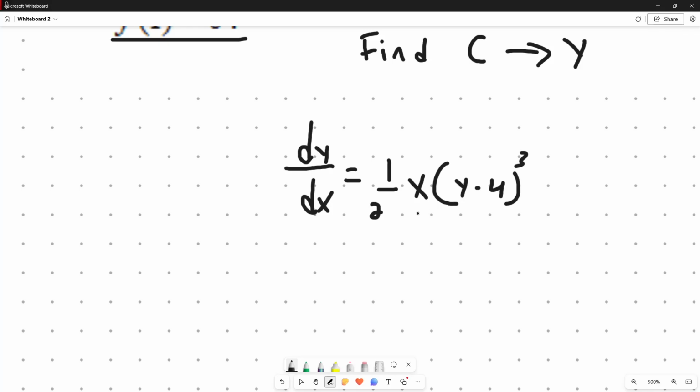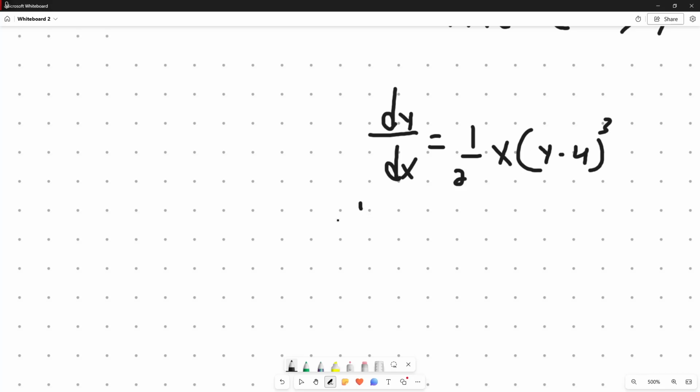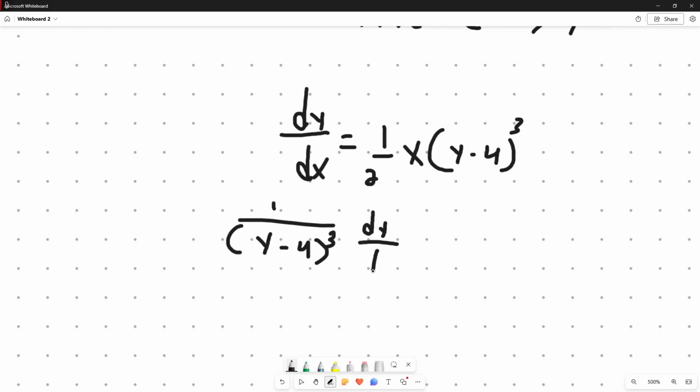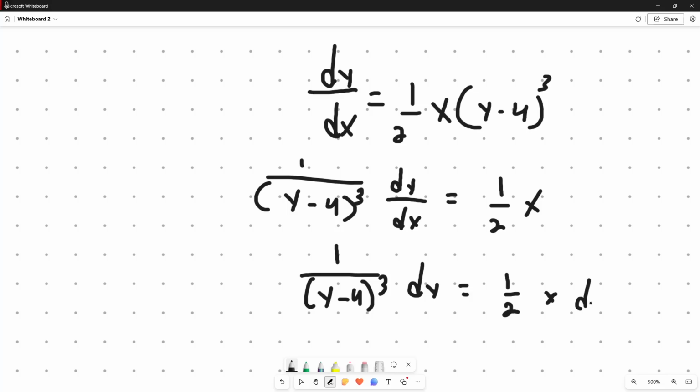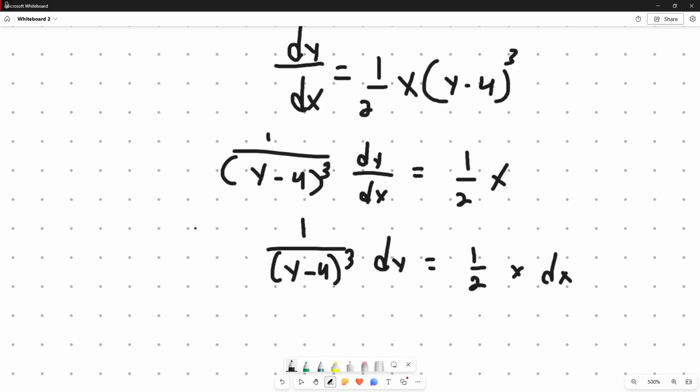So what I'm going to do is I'm going to divide both sides by (y minus 4) cubed. So we get 1 over (y minus 4) cubed dy dx equals 1 half x. And then I'm going to multiply both sides by dx. So we get 1 over (y minus 4) cubed dy equals 1 half x dx. And now this is where you integrate to try and get y. So you gotta do that,